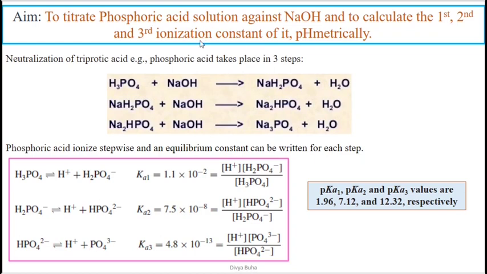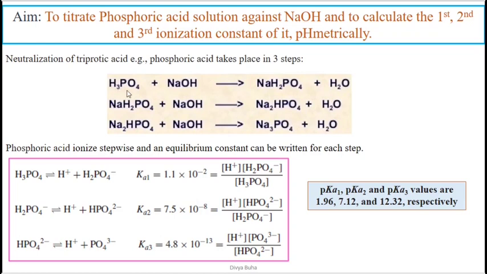Now, phosphoric acid is a triprotic acid. Okay, so let us first of all understand why it is a triprotic acid. There are many acids or bases which are polyfunctional in nature. This means that these acids and bases would be having more than one ionizable proton or hydroxide ion. Over here you can see that phosphoric acid, H3PO4, is polyfunctional in nature, because it is having three protons which could be ionized, right? So it is a triprotic acid, tri because three H plus ions.